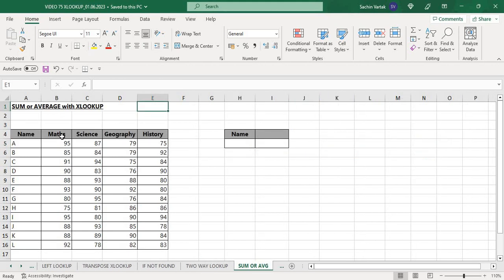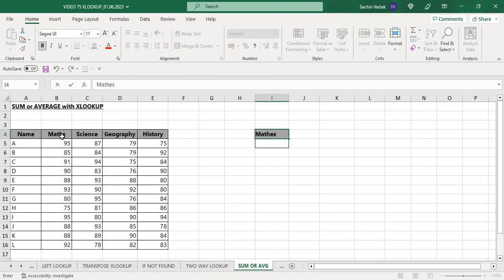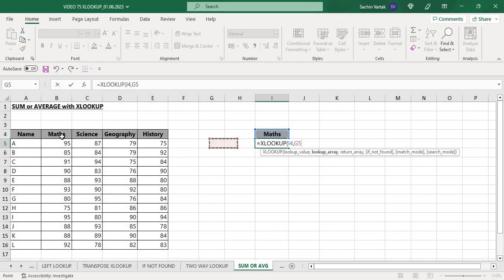Now Xlookup can also do sum and average in some cases. Okay, how is it? So suppose this name is just irrelevant. You want the sum of maths scores of everyone. I'll just type here. How you can do it is equal to Xlookup. We know that Xlookup can pull the entire record, so lookup value is maths, comma, my lookup array are these subjects, comma, and my return array are these marks,